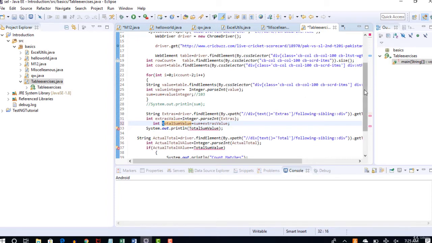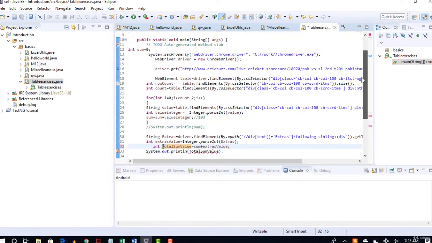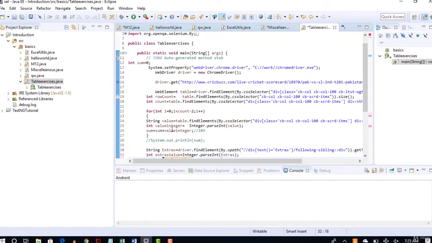Okay, so you have to remember this when you are defining naming conventions for your variables and class names, and the same thing applies to method names as well. Same logic as what we saw for variables. If you have a method of row count, you have to define it like this. But the complete opposite of this is for classes. For classes, if you have two words like table exercises, the first one should be a capital T and all the remaining should be small letters.